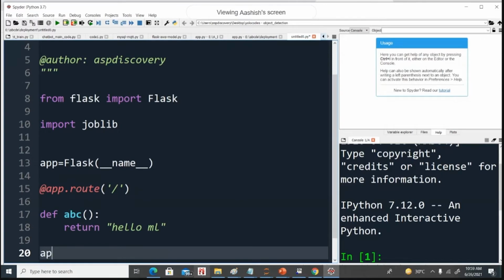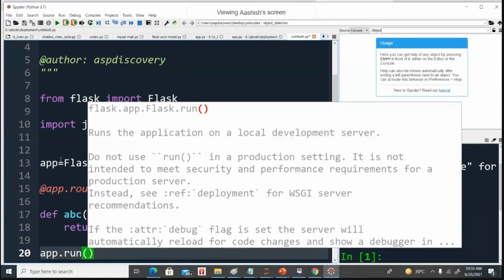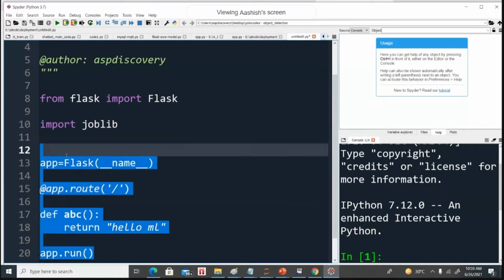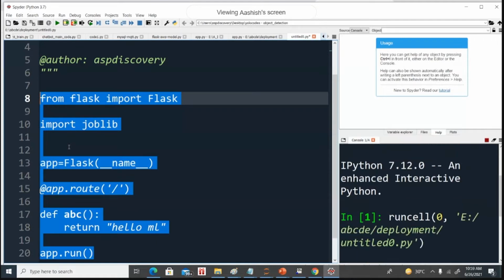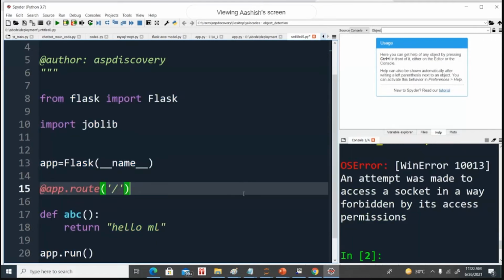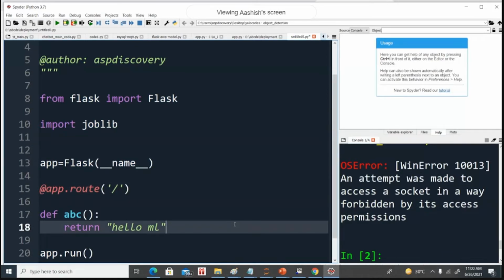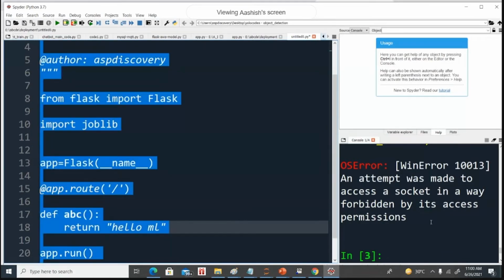So you can design any application in this way. I'll show you a small application here. We are just creating a very simple application, and I'm going to deploy it and run this code here.